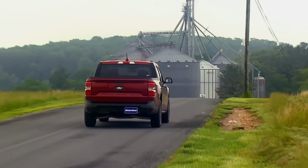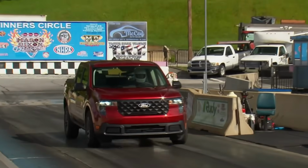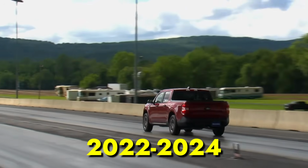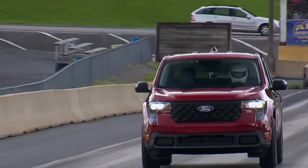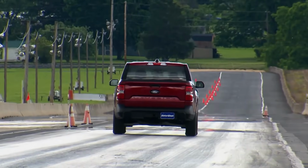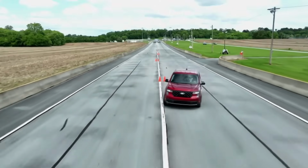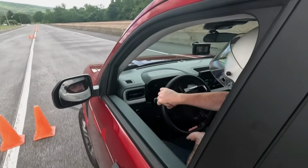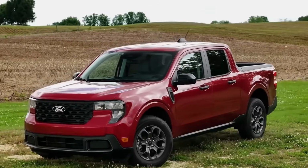The hybrid system in 2025 models should be the most refined version Ford has produced, assuming they continue addressing the early integration problems from 2022 to 2024. With 3 years of real-world data and customer feedback, Ford should have identified and resolved most issues. What could make the 2025 Maverick special is that it may represent the peak of the current generation's development cycle. Ford should have 3 years of real-world data to incorporate improvements, potentially creating a truck that finally delivers on the